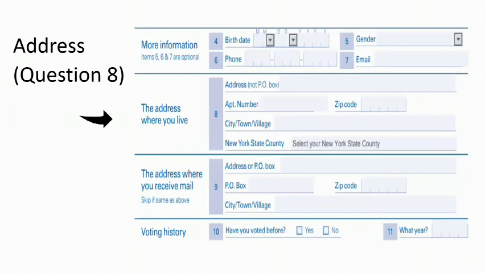Then you're going to fill out the address piece. So depending on where you are living or where you're receiving mail, you might be filling out both questions 8 and 9. So the address where you physically live and want to be registered to vote. This might again be your Buffalo State campus address if you live, say, in Porter Hall, or it could be, again, your parents' address if that's where you want to be registered to vote, and that's the election that you